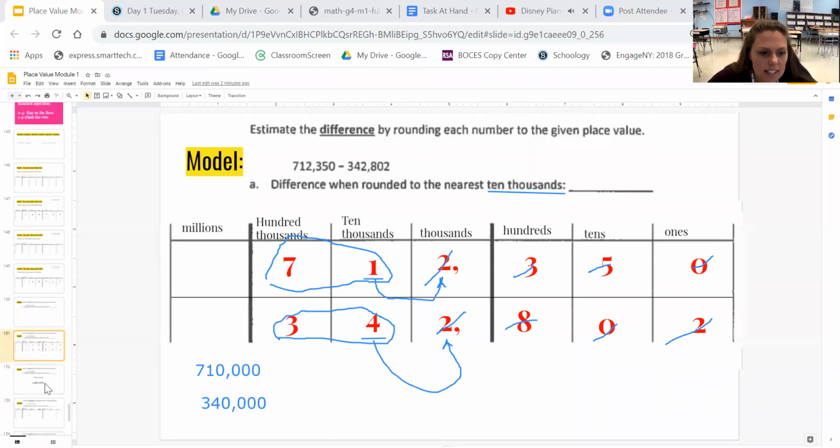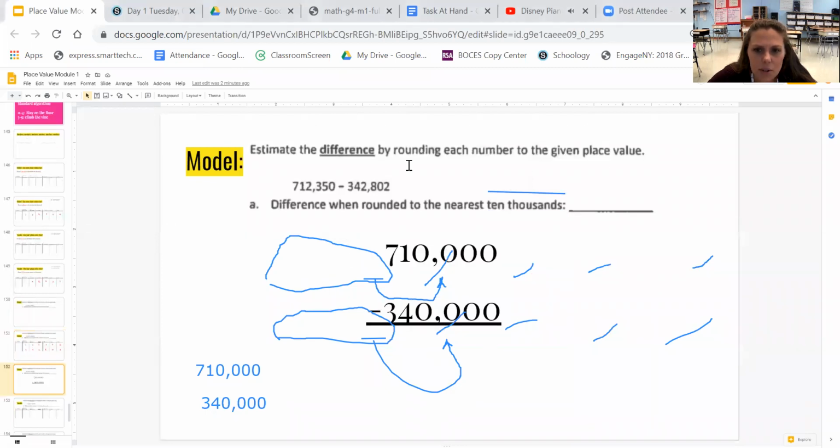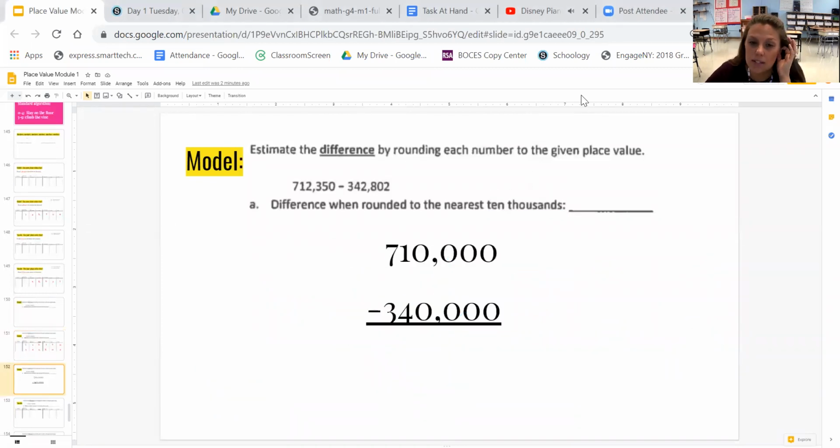So what we're going to do is, I did mine on a separate slide, so there's more room. If you need to erase your boards, that's fine. And we're going to go ahead and subtract. So 710,000 minus 340,000. This is so much easier for me to subtract than all of these digits. For example, 0 and 0, well, they're 0, so that was easy for me, right? I could put my 0, 0, 0, 0, and now I can go ahead and